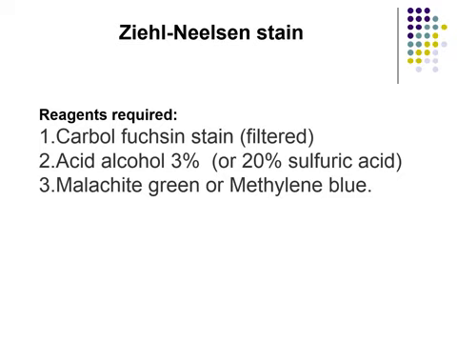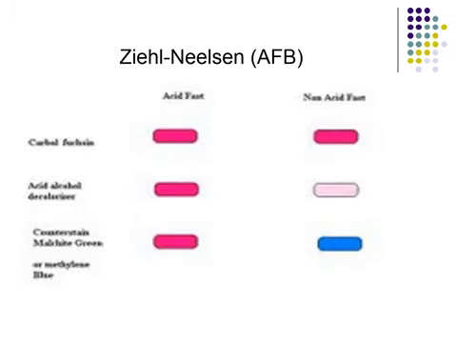So Ziehl-Neelsen stain consists of 3 reagents: carbol fuchsin, acid alcohol, and methylene blue. The principle of this stain depends on this: if the bacteria are Mycobacterium tuberculosis, they are resistant to decolorizing, which is acid alcohol, and have the ability to retain the primary stain carbol fuchsin. So after decolorizing, it retains carbol fuchsin and is still red in color,